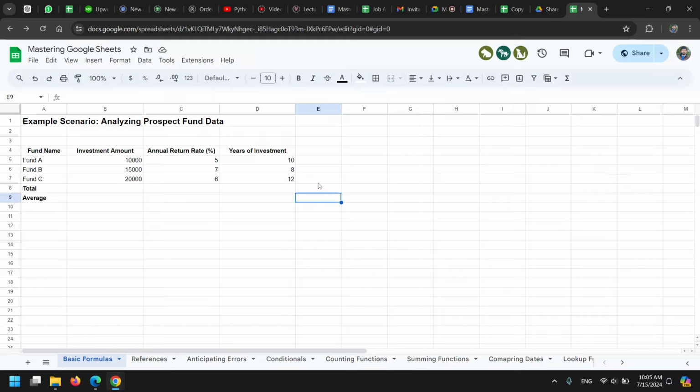But the real power of Excel or Google Sheets or any spreadsheet software for that matter lies in its formulas. The formulas allow you to achieve complex calculations, and they allow you to easily make sense of your data, especially if you're dealing with a lot of data. So in Excel or in Google Sheets,